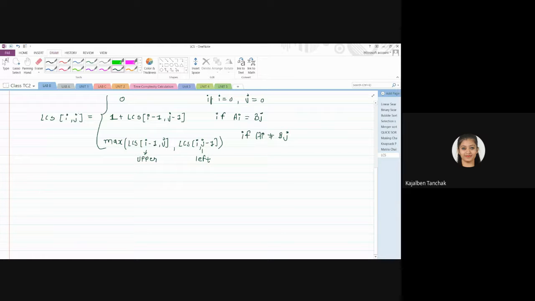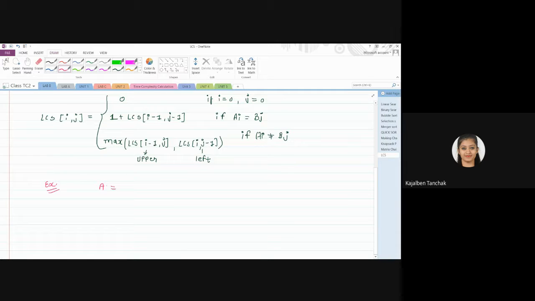So let me take one example and then afterwards I'll give you another example to solve. I will solve only one or two rows and then you have to complete the entire example, and then I will give other examples also for practice purposes.